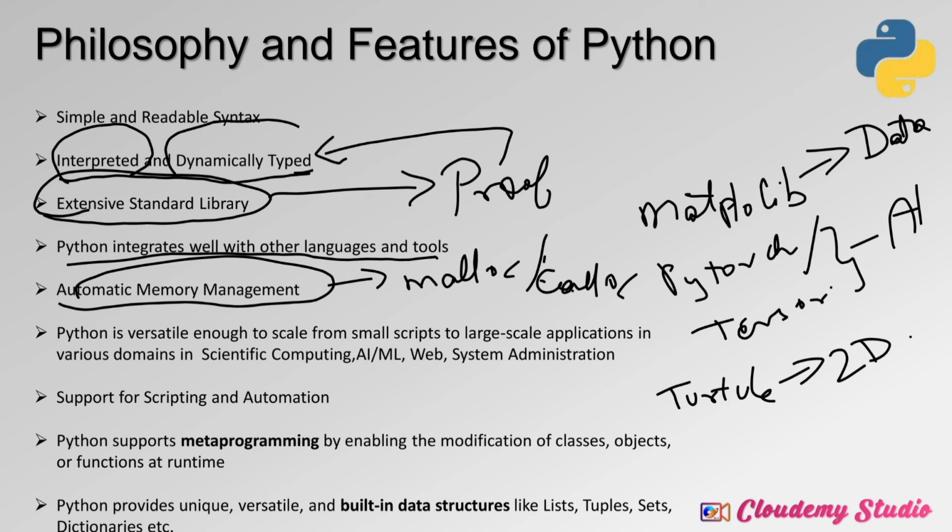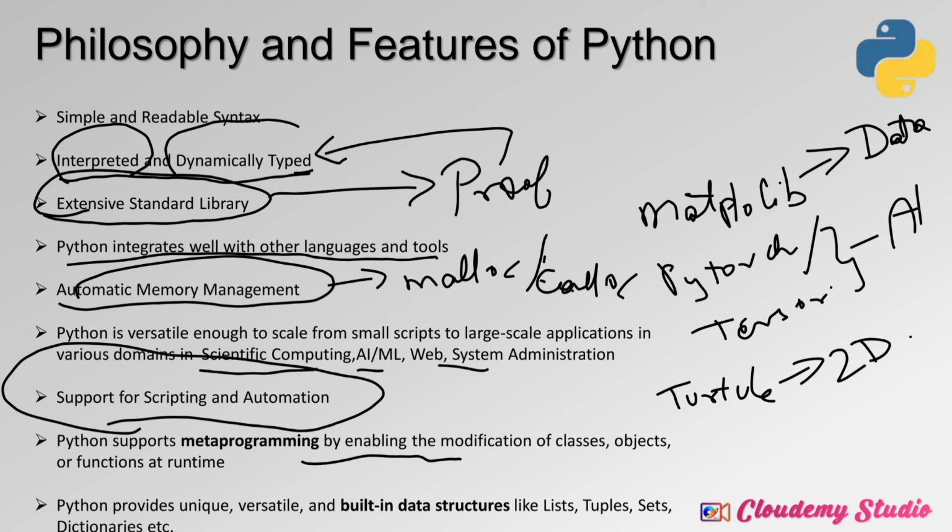It can be used for scientific computing, AI, ML, web, system administration. Python supports metaprogramming by enabling the modification of classes, objects, or functions at runtime. Support for scripting and automation is one of the very unique features of Python. Python provides built-in data structures like list, tuple, sets, dictionaries, etc. So these are some data structures using which we can work with a large number of similar data kinds. So these are some very interesting applications of Python,